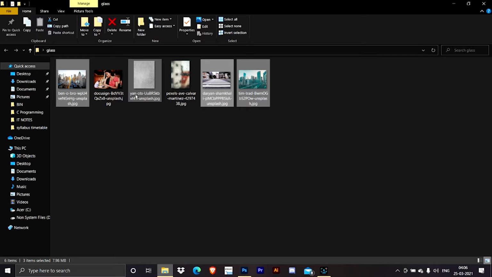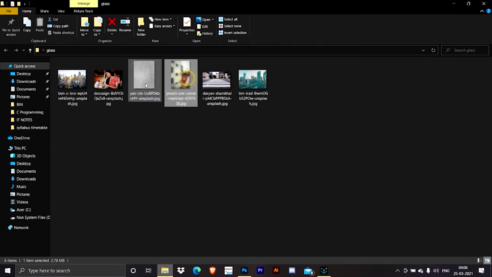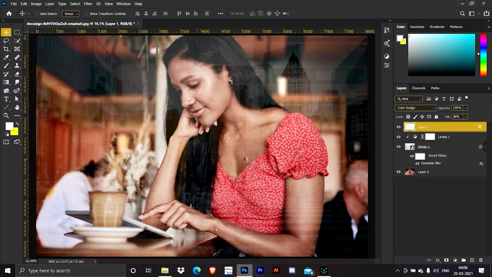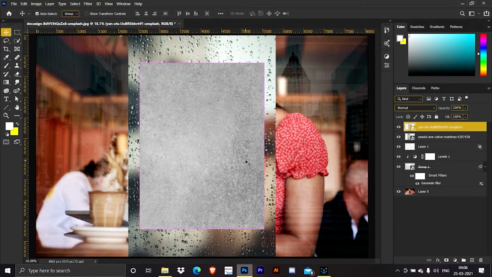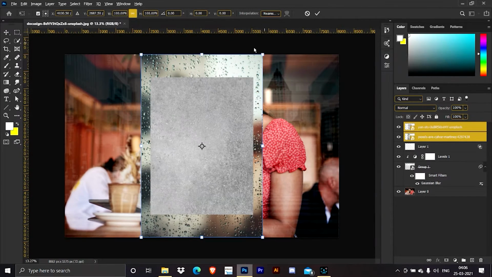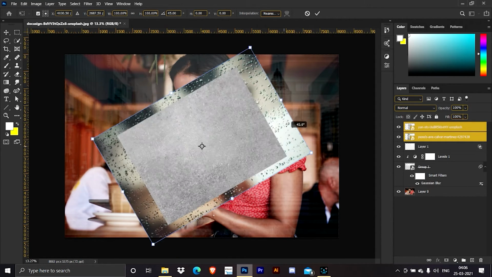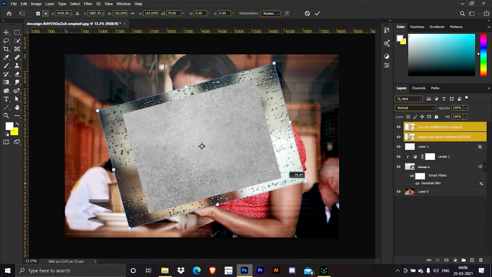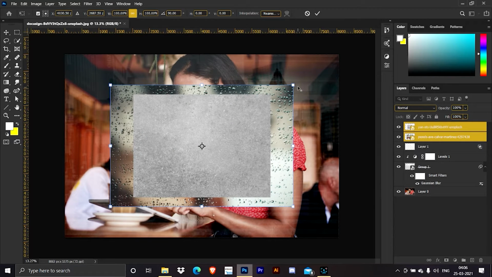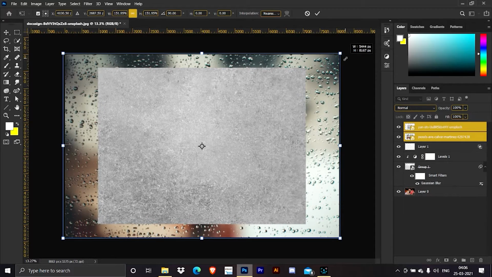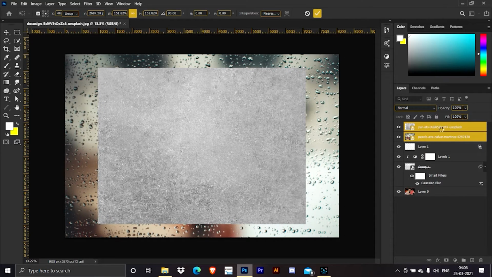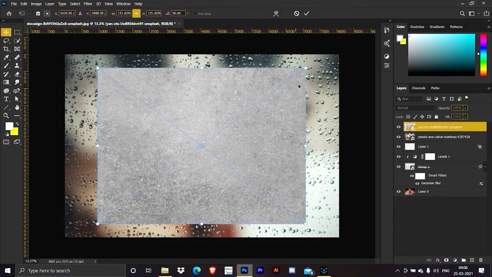After this we have a texture here. These are a few textures. This is a water texture and this is a stony texture. We'll add a texture to the glass because glass is not so smooth. Let's bring them here. Shift click and Control T both of them because we have to rotate both of them. Let's rotate it. You can hold shift to rotate it in particular angles like 45, 60, 90, 75 and then increase it till the corners. Let's increase this also till the corner.